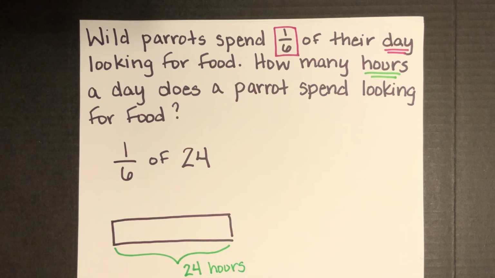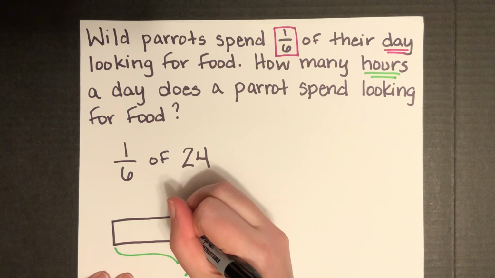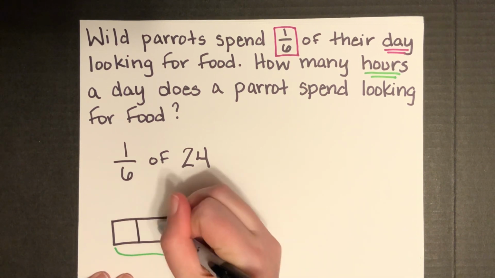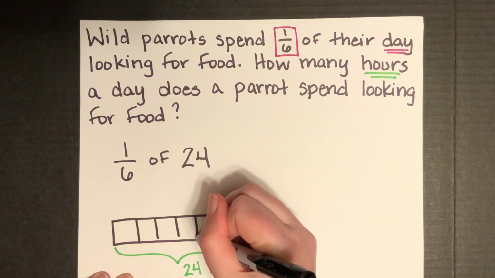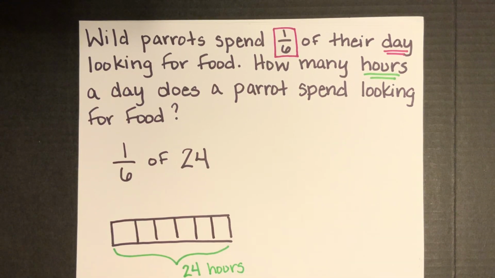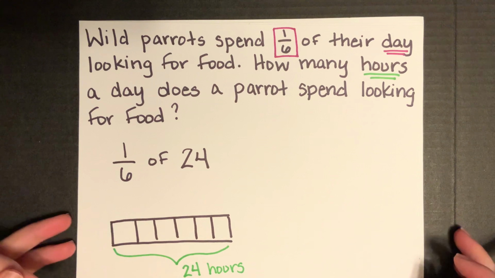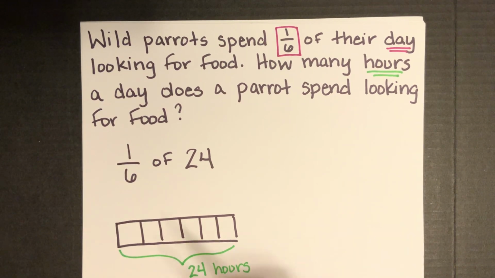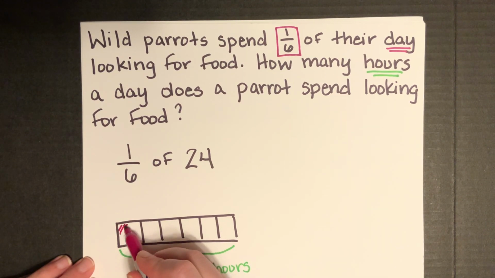And then we're going to divide that 24 hours up into 6 equal parts. And as we see in our problem, we're looking at just what is 1/6 of that. So I'm just going to color in this